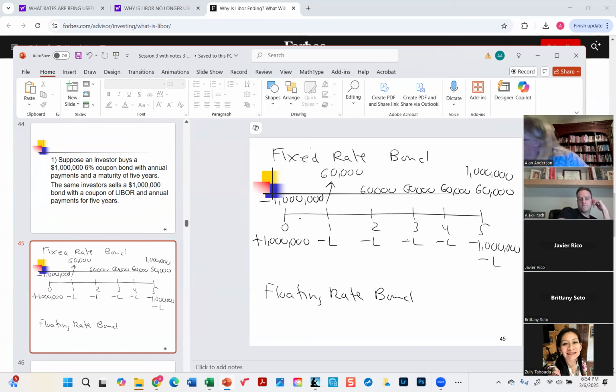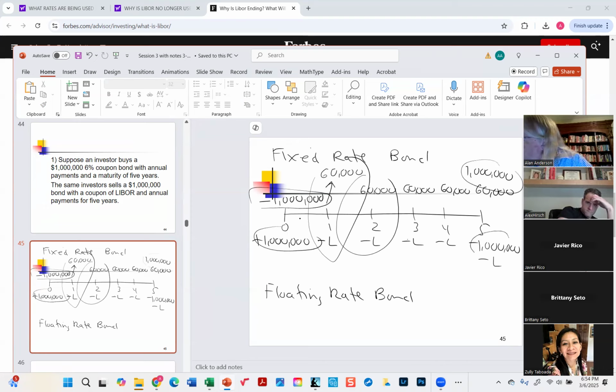So the net difference between these are the cash flows from the swap. These exactly offset each other. Okay. So in other words, when you are in a position like this, if you notice, this owner owns the fixed rate bond, but he's short the floating rate bond. So he's in a position, this is equivalent